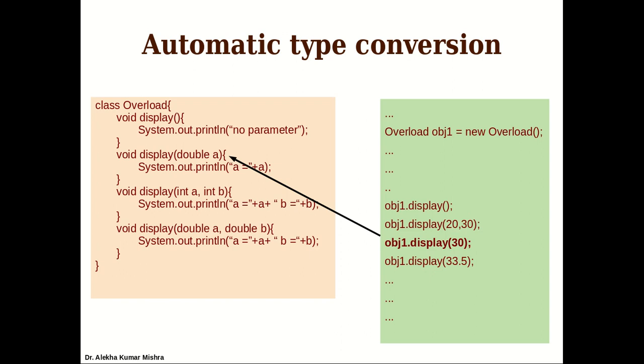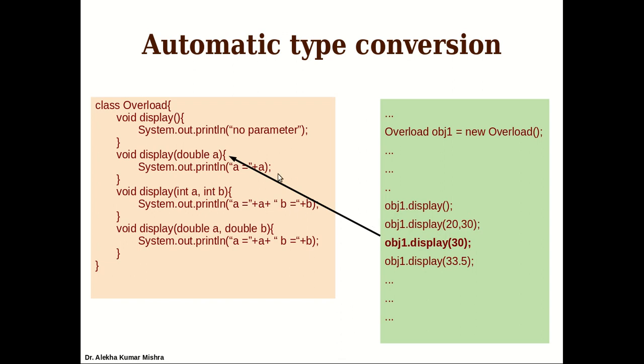In that case, it is never going to be an error; it is going to call that particular version. So here the example is that we have a double, so this integer is promoted to the double, and there is a match. It will try to see all the methods that have a single argument and a type higher than the integer. If there is a match, then it will invoke that one.